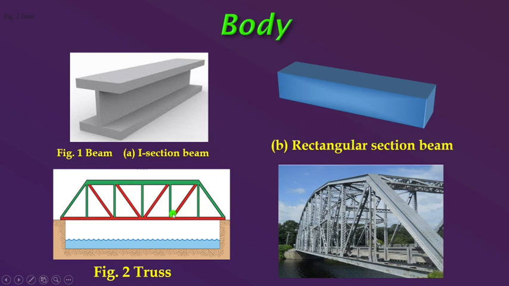And when a number of beams are connected to make a structure, it is called a truss. Say in a bridge, a number of beams are connected by inclined and vertical elements. The beam is supported and connected like this. Then it is the truss. Example of truss. So in our free body discussion, we will mainly discuss the beam.